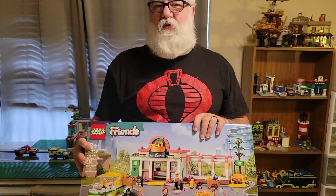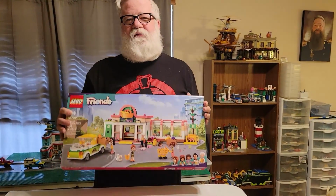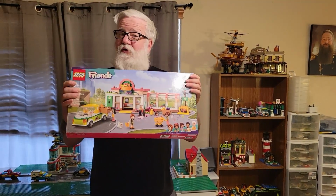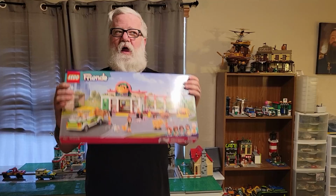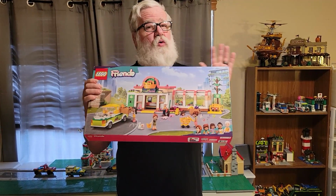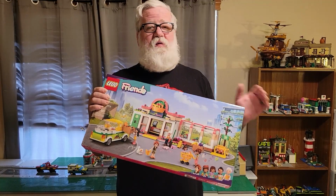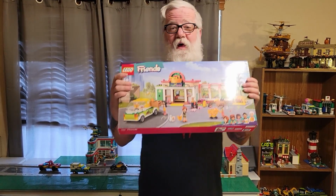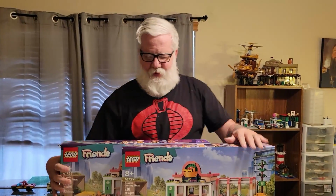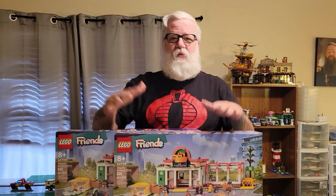So there's this grocery store, and then the Lego City one came out about the same time, and this one was cheaper, and it seemed to have a lot cooler stuff in it. So the kids had actually got me this quite a while ago before I went to the hospital or any of this stuff, and I've just been waiting on it. Then, about a month ago, Heather and I were at Target, and we found that on clearance was another one. So I have the one that I originally had, and we got a second one